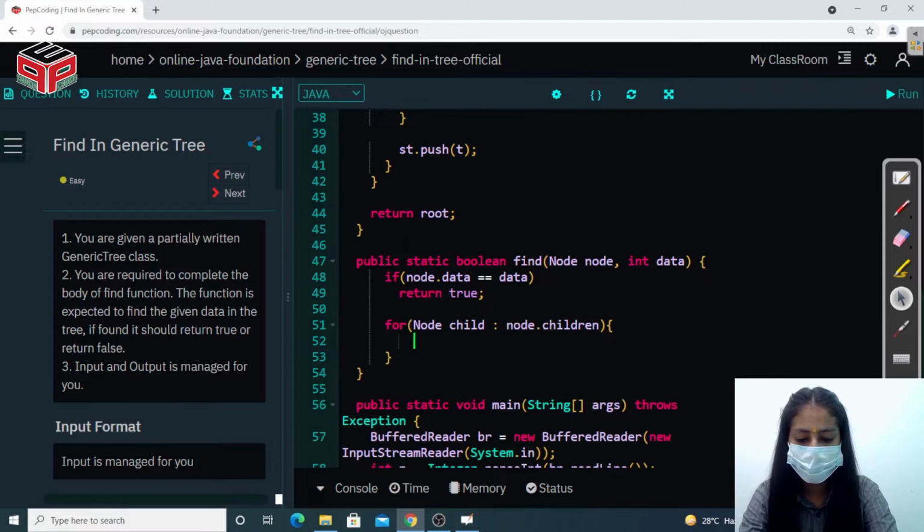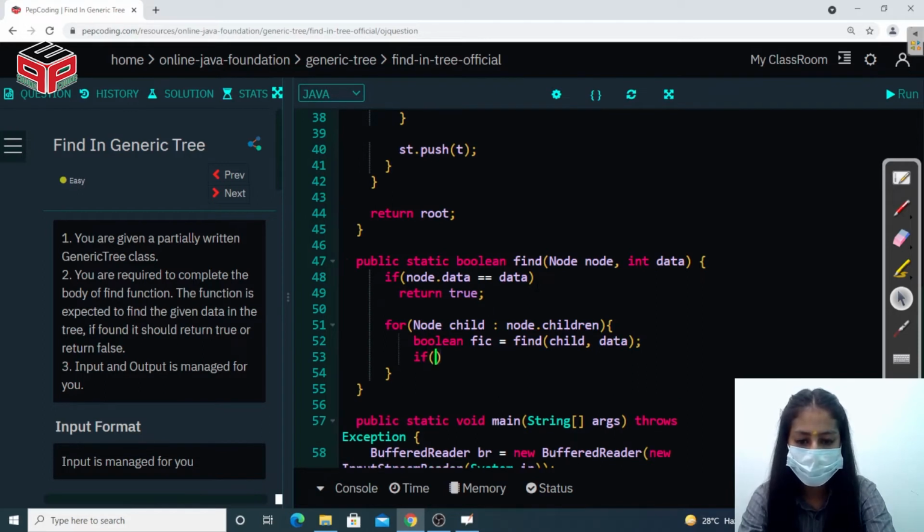Right? Let's store the result of the function in some boolean variable. Let the name of the variable be findInChild. So it will call the children to find the value.